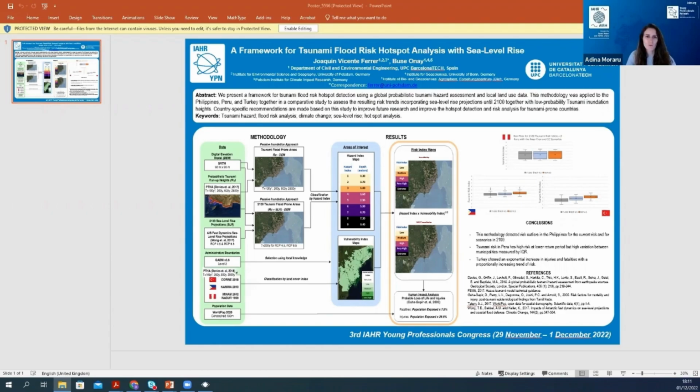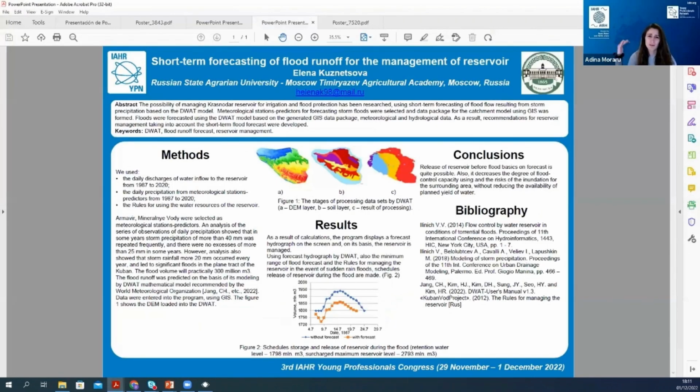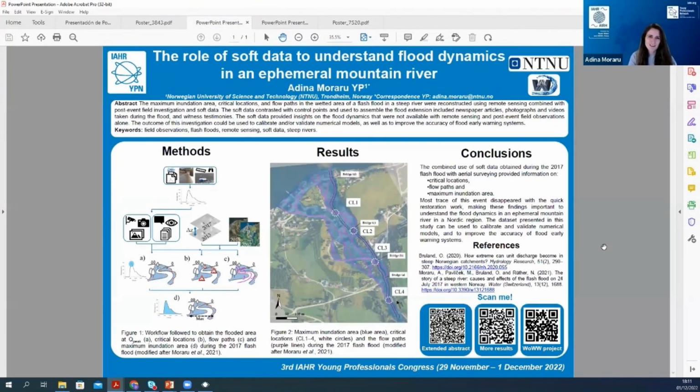So what I called soft data in the study is everything that would not be remote sensing, so not aerial imagery or DMs, but rather things that are actually very hard to georeference, such as photographs or videos, but also media coverage of the flood event,